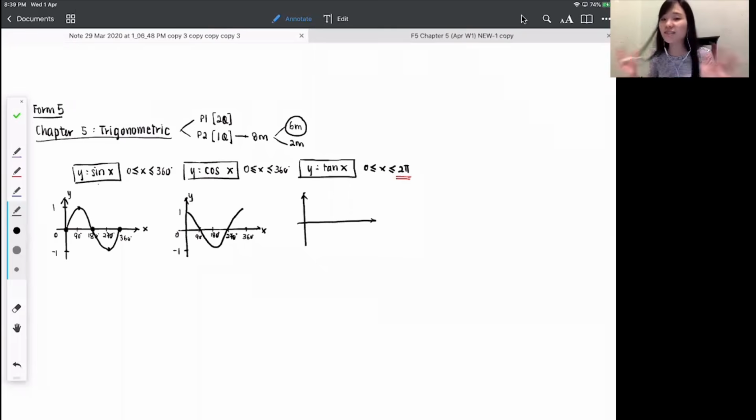Okay? So guys, how does the tangent graph look like? Okay, the sine graph looks like S, right? The cos graph looks like C, right? Isn't it the tangent should look like T? But when you draw it out, it doesn't look like T at all, my dear. So the tangent graph is slightly weird, okay? So based on what I can describe the best,